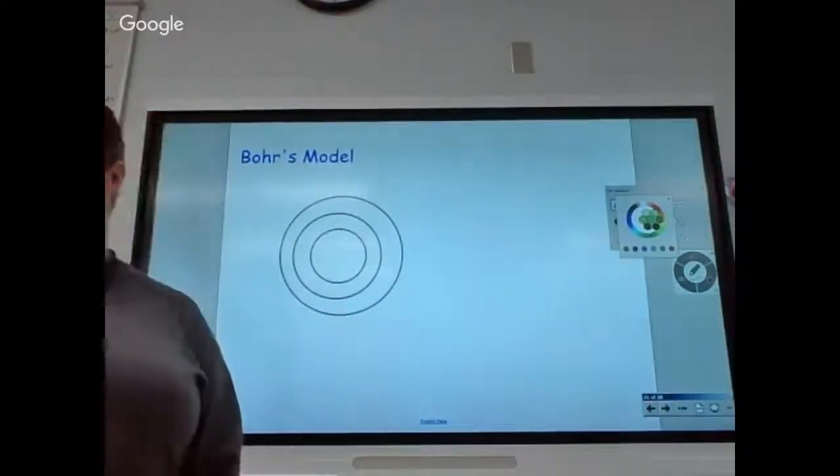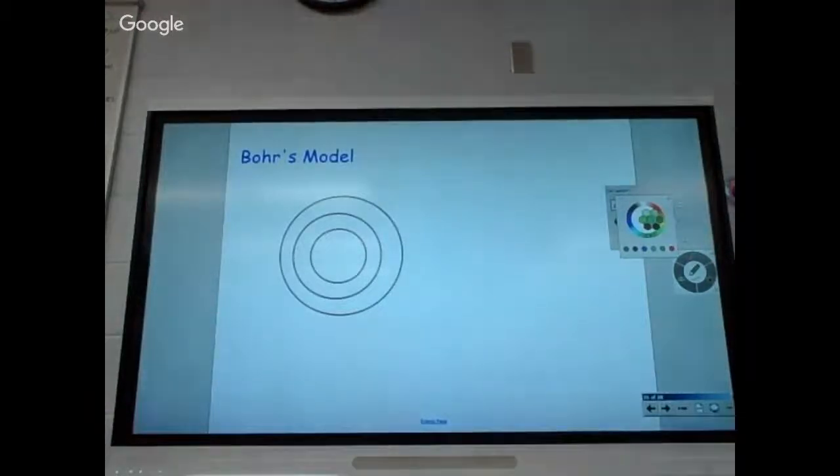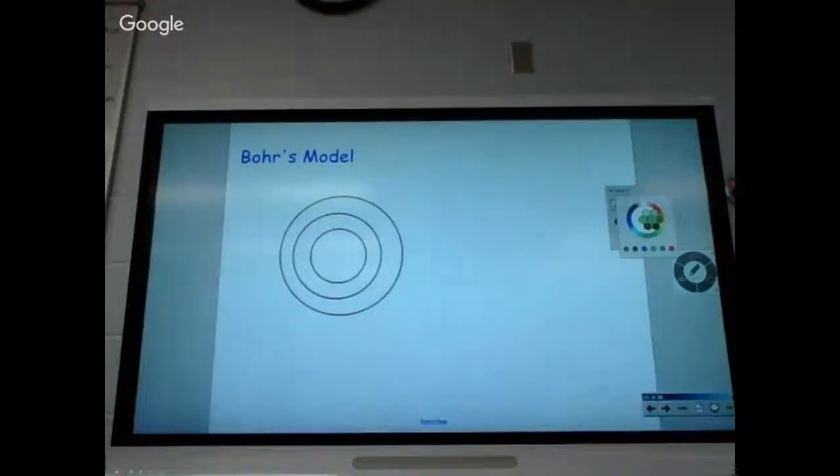Now, Bohr's model. For those of you who had a fairly decent background in middle school, you know that. I've got people in third period. Some people in third period actually told me they had this in middle school. They remember doing it. They built a model. Other than Baden. I've got like 6 people in third period who keep telling me they did this. They lied to you. Don't let them lie to you. They were on the other side of the hallway? Okay. Well, they were on the other side.